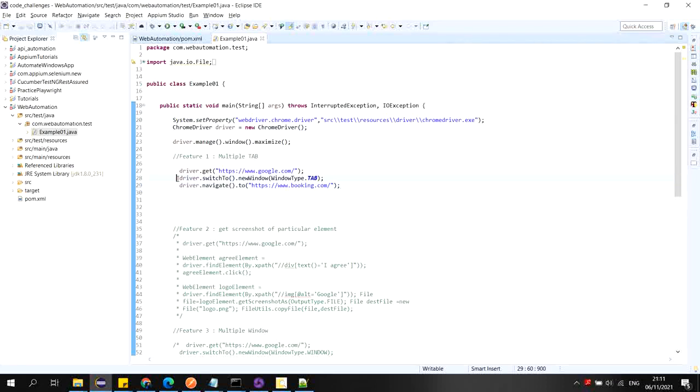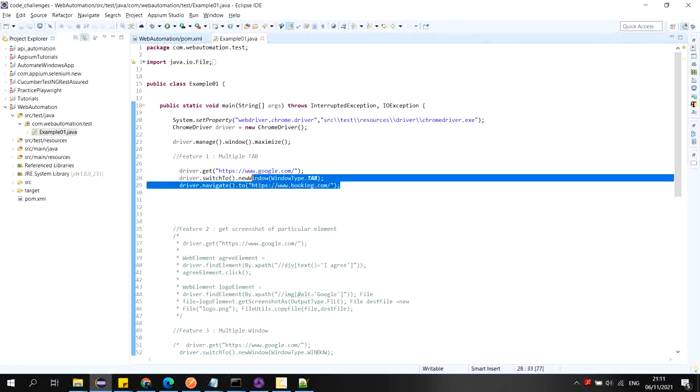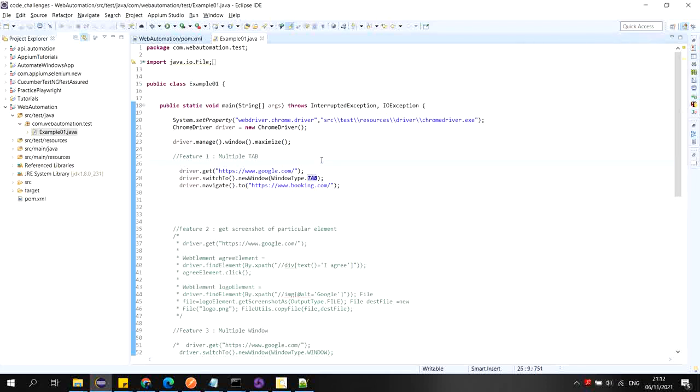This is the key line they have introduced here to open a new tab in Chrome browser. I'm using Chrome browser for my browsing. So driver.switchTo().newWindow(), this is the method, and inside that you have to pass WindowType.TAB, window type as a tab. This parameter you have to pass, so that based on that it will understand that you have to open a new tab, and immediately then you can open the website you want to open in a new tab. So these three lines are the code to open a new tab.